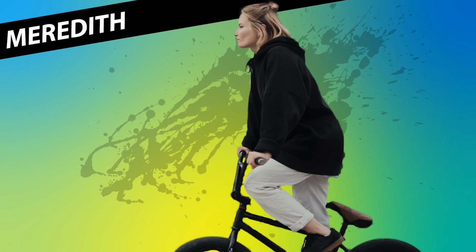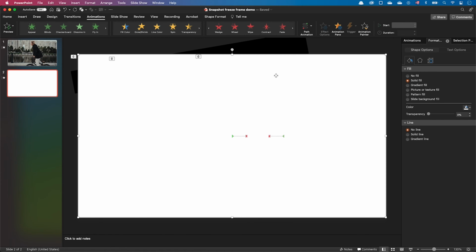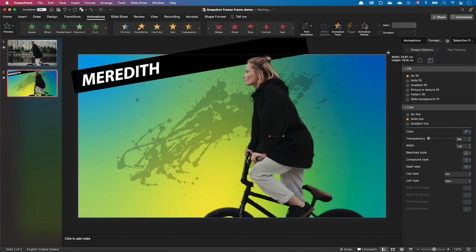The transition works as expected, but we now have another problem. Look at this white rectangle that fully covers the screen and prevents us from easily seeing and editing the other elements of the slide. If possible, we'd like this rectangle to be invisible in edit mode and be visible only in slideshow mode. To do so, let's give the rectangle a line color and remove its fill. I'll grow the bounds to make it easier to see.